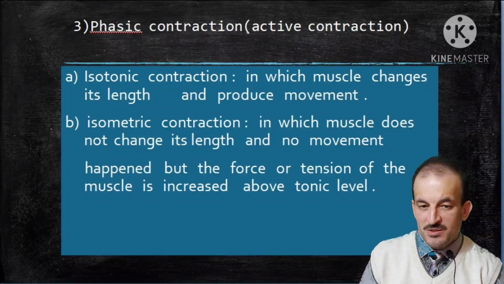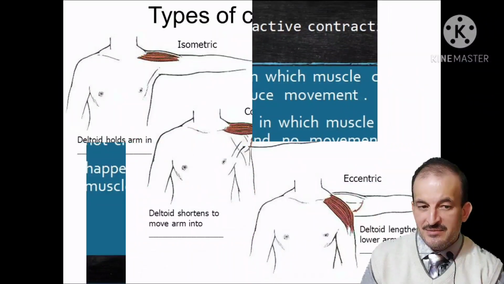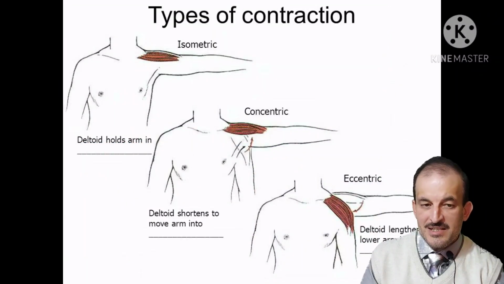While isometric contraction is one in which the muscle does not change its length and no movement happens, but the force or tension of the muscle is increased above tonic level. This is isometric contraction,